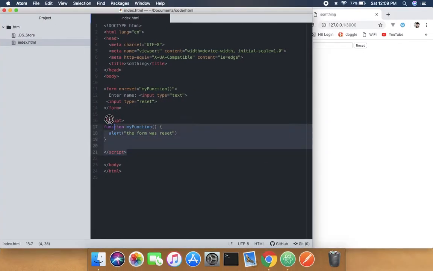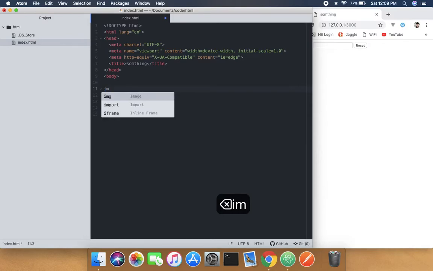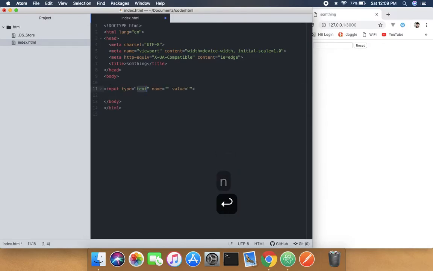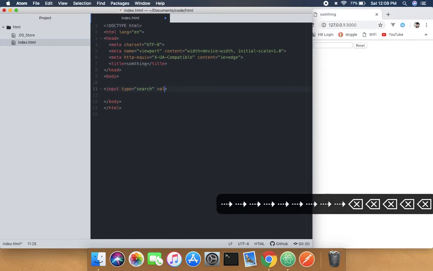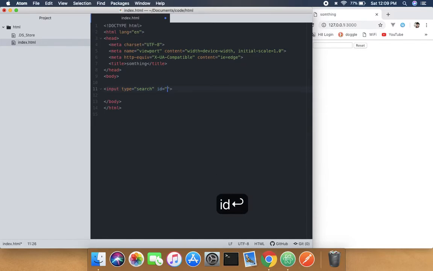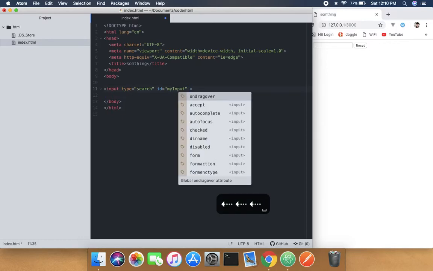For that to happen, we need to create an input field. There are lots of them, but you know, change the type to search, which is literally used to search things. So change it to search. You don't need to name anything or put some value, anything like that, and use an ID and name it something like my input, and then use the onSearch event caller. So onSearch,